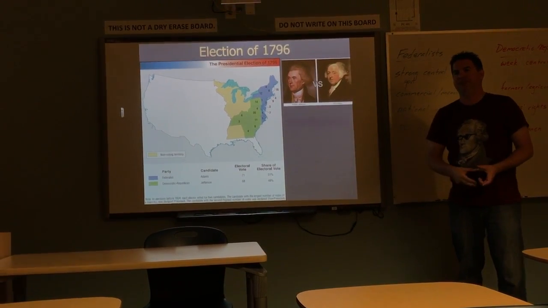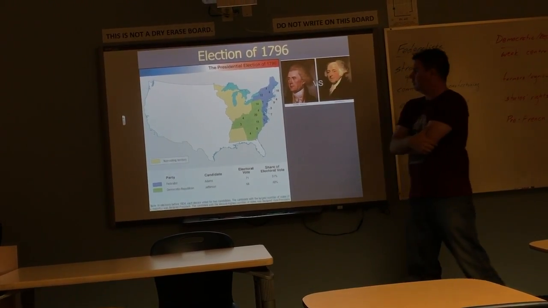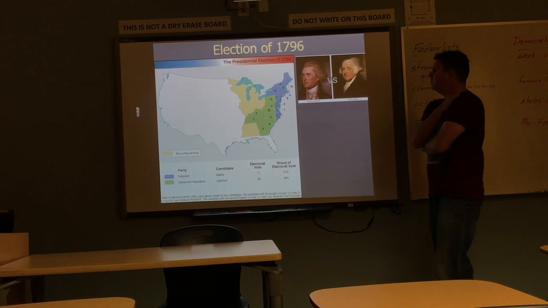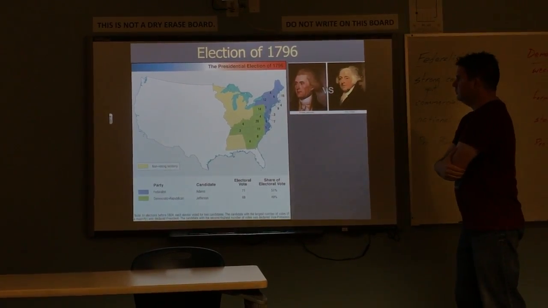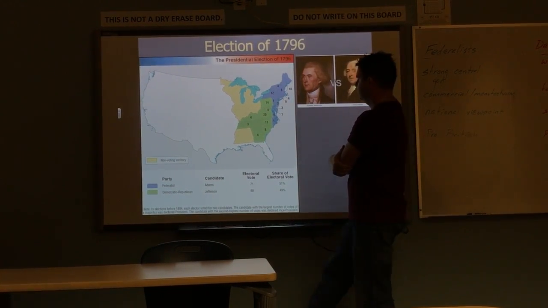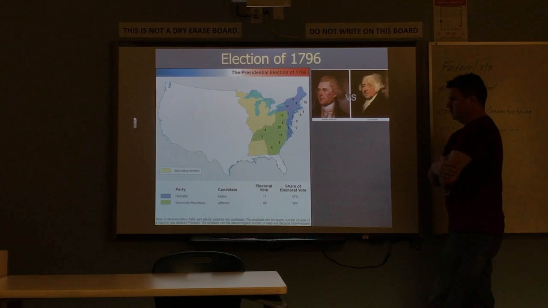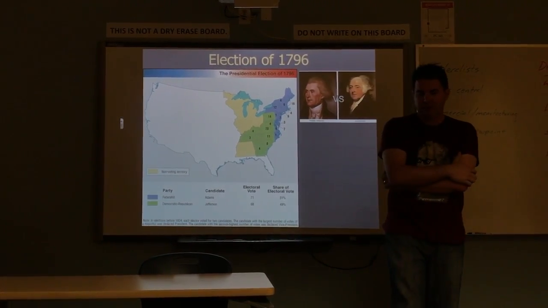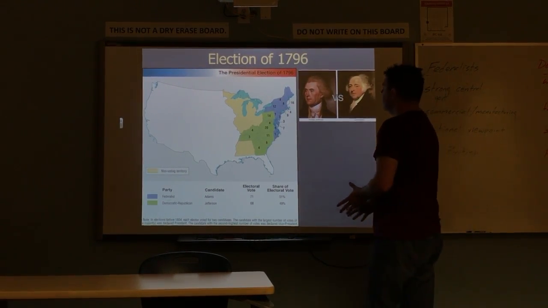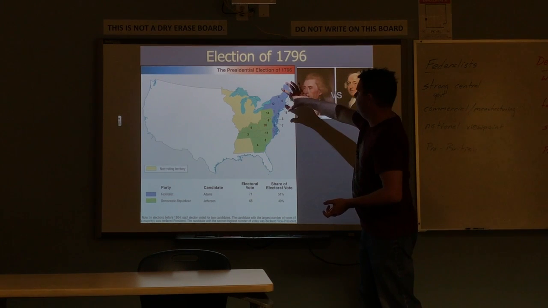Does it correlate with what you know about the first party system? What do you think? I think it does, because the Federalists are more concentrated in the Northeast, on the New England area, as well as the more commercialized economies on the coast where the ports are. And then the Democratic Republicans are based in the West and the South. Awesome. Yeah, so we remember that primarily the Federalists have a